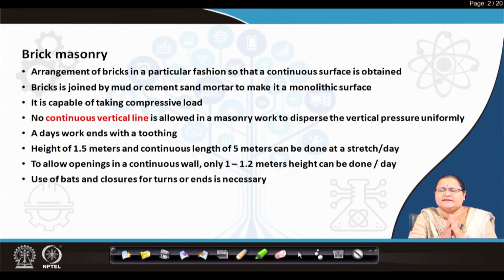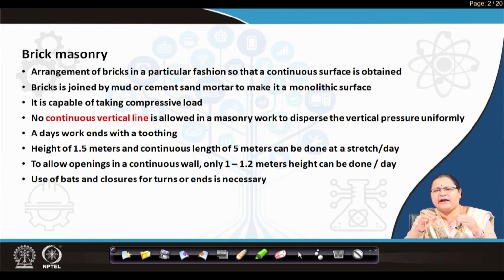So, what is brick masonry? When the arrangement of the brick in the particular fashion to get a continuous surface, because you are using brick to fill up or create a wall or a load bearing wall which will surround your space or define your space. Now, you can keep on putting brick after brick and create a